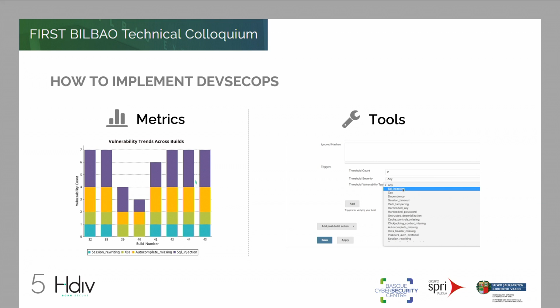If we are not automating the processes and the policies that we need to apply, it doesn't mean that it's DevSecOps, because the original concept of DevOps comes from the automation of systems and operations processes. And now we are doing the same, but related to security. So it's very closely related to automation.